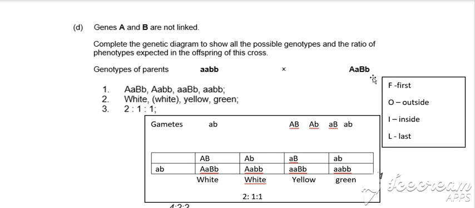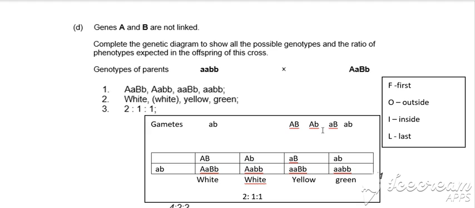So if you're not sure on how to work out what the gametes are, then you can use the FOIL mechanism, where we would look at the two different genes and we would take the first from each of the genes, so in this case the capital A and the capital B, which would give us our first gamete. We'd then take the genes on the outside, so the capital A and the lowercase b, which would give us